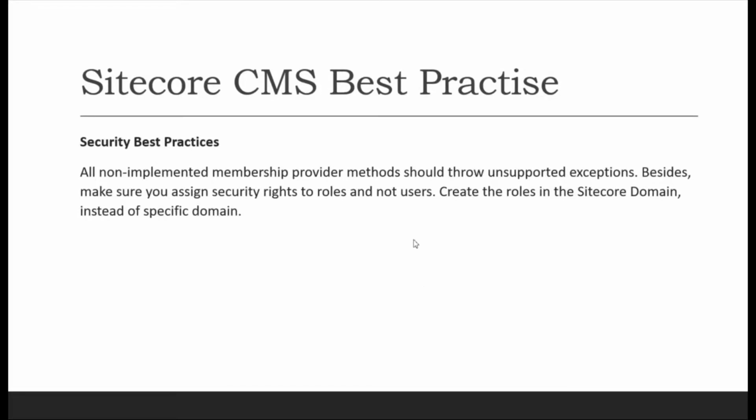Sitecore best practices. Now the security best practices. What Sitecore suggests regarding security, that is user roles and users, is to assign the security to the roles. Don't assign it to the user level.